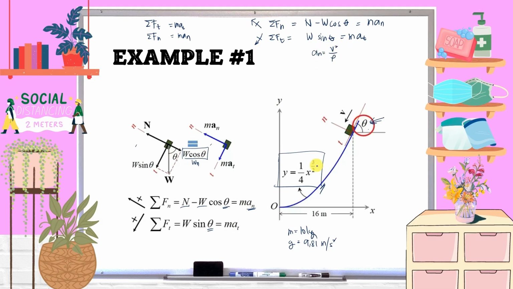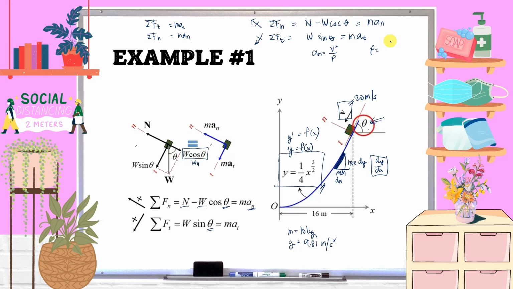Why did we use rho? We use rho since our given is y, which is a function of x. This function of x is not in terms of time, so therefore we can get the slope of the equation, which is the first derivative of this given function of x. Since this slope can be solved using rise over run, it can be represented as dy over dx. Since we can calculate rho, we will solve for a sub n. And we already know that the velocity along the tangential is 20 meters per second from the given problem.